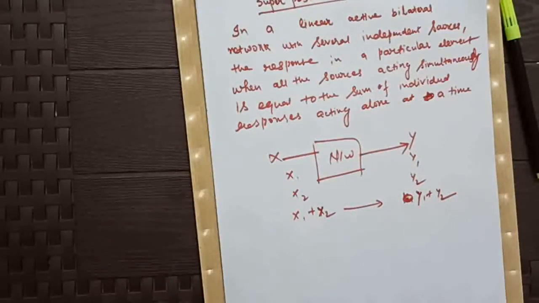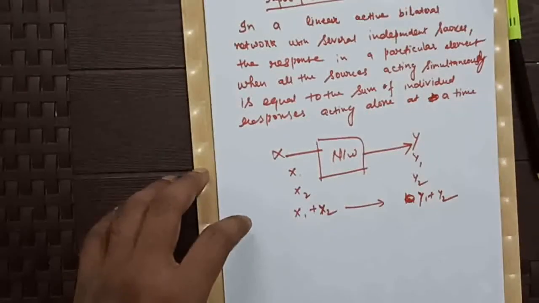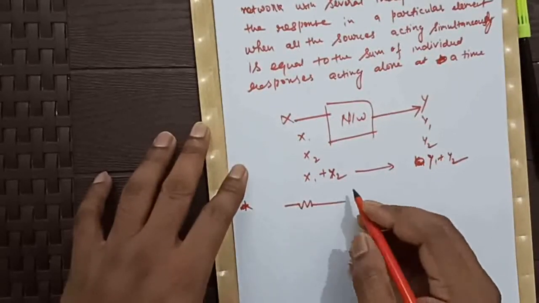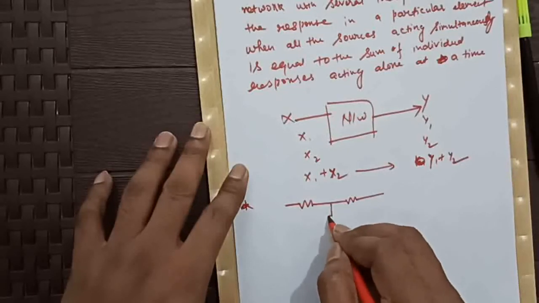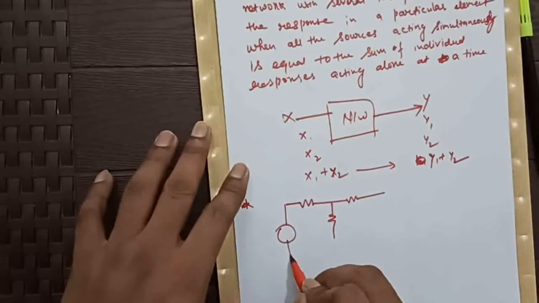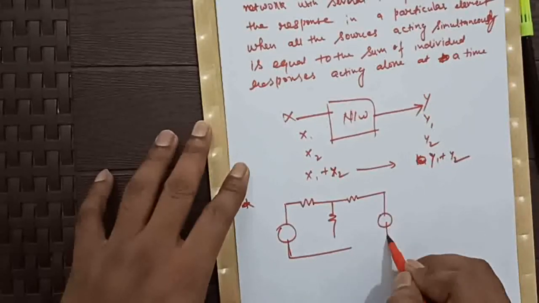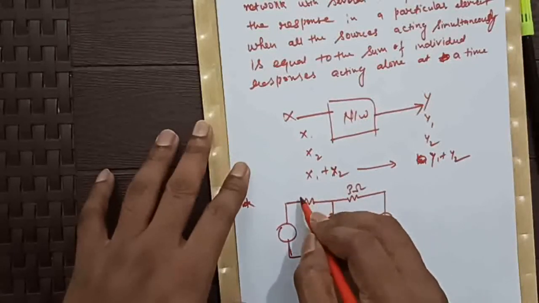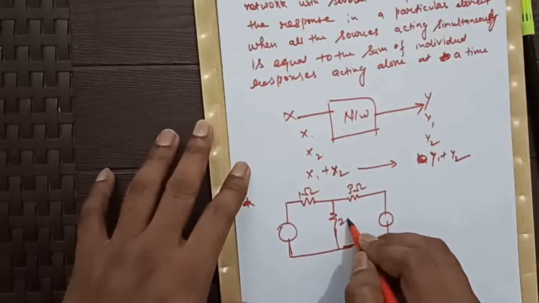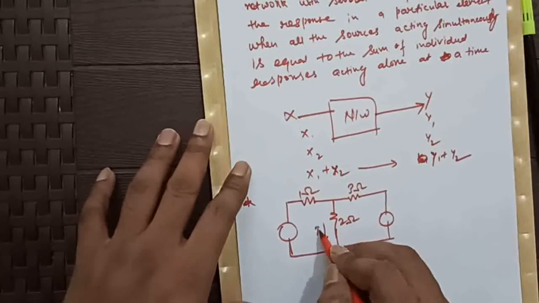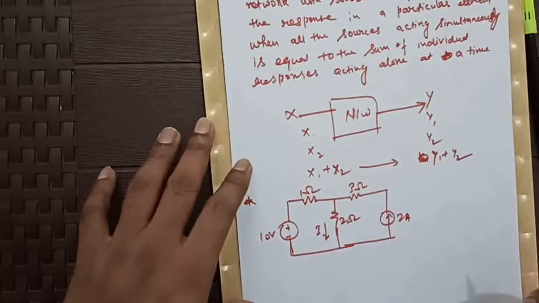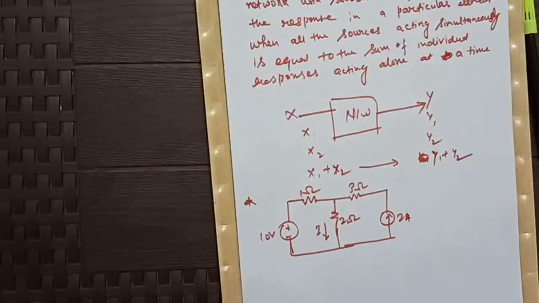Now to demonstrate it, let us take an example. Consider this problem. This is a resistance here, a resistance in this, a voltage source, and this is a current source. This is 3 ohm, 1 ohm and 2 ohm. This is I, plus or minus 10 volts. This is 2 amperes. Now in this question, what we have to find? That is I. We have to find I.